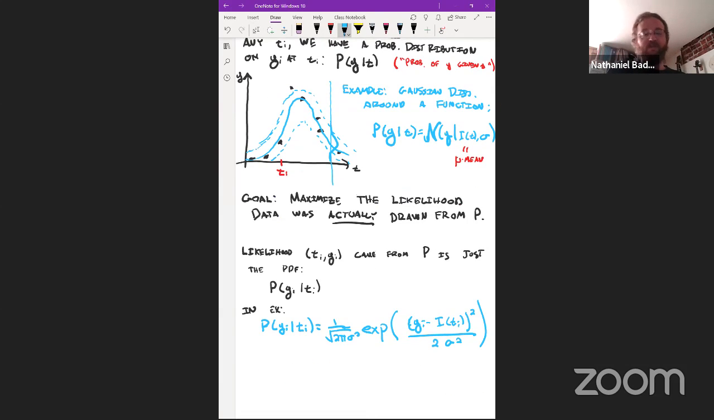And this is just the formula for the bell curve, right? If you haven't seen it, this is just your standard formula for your standard bell curve. So this is the likelihood of drawing a single point. If you're far out in the bell curve, the likelihood's lower. If you're closer, the likelihood's higher. The total likelihood then